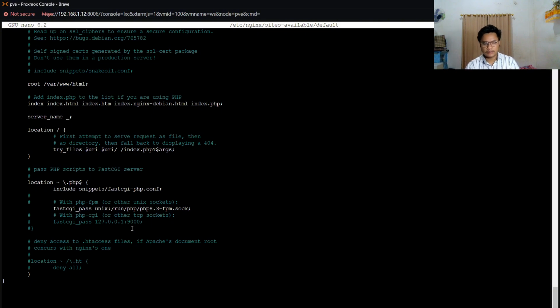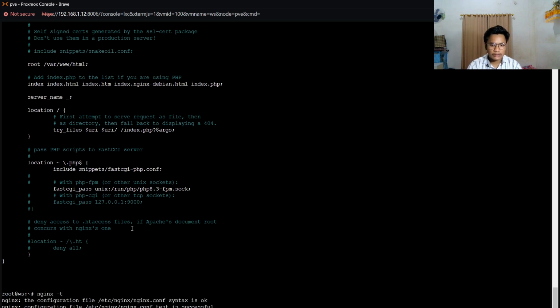Now type nginx -t to check the validity of the nginx configuration. Okay, as you can see, the nginx configuration file is successful. Now, if we want to check whether PHP has been successful or not, just type